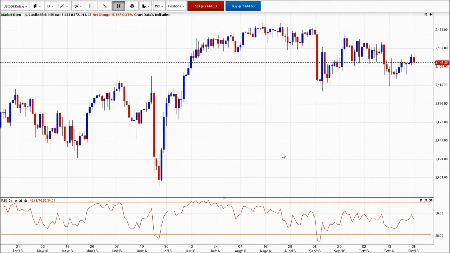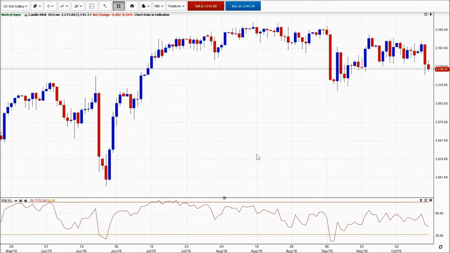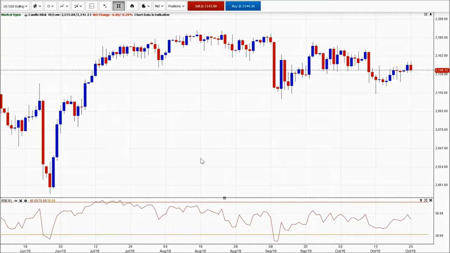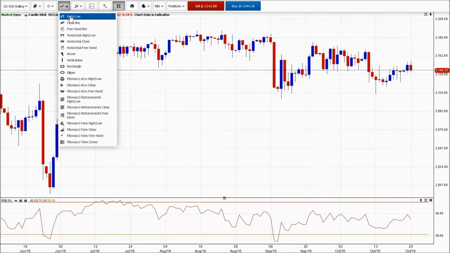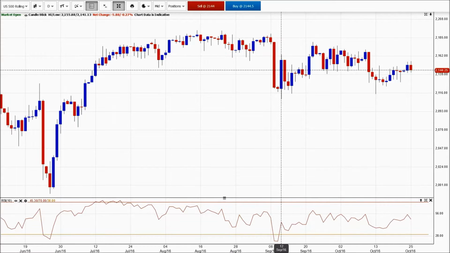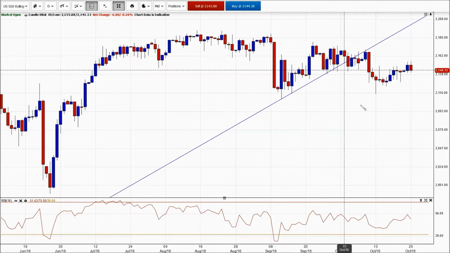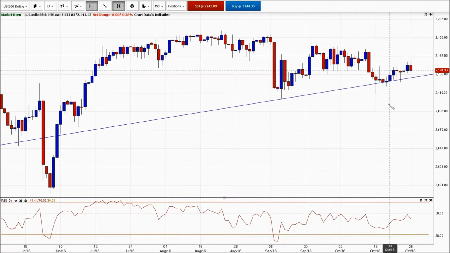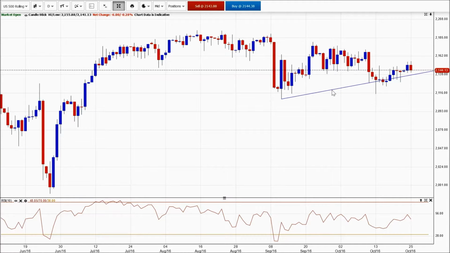And we could well see markets mark time for the next couple of weeks until this election's out of the way. But clearly, when the S&P sold off after the summer, we saw these lows. We saw quite a vicious move. Actually, I'm drawing the wrong sort of line there. I should have drawn a different line. But let me pick up on